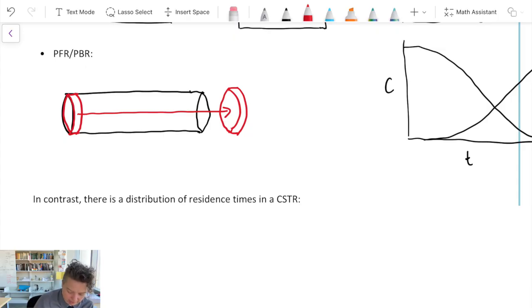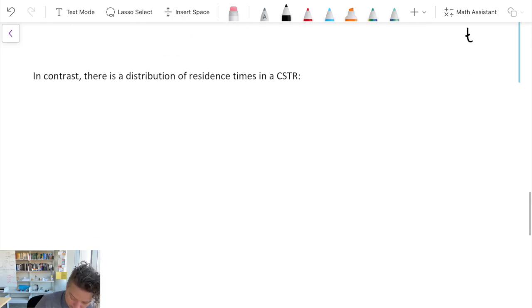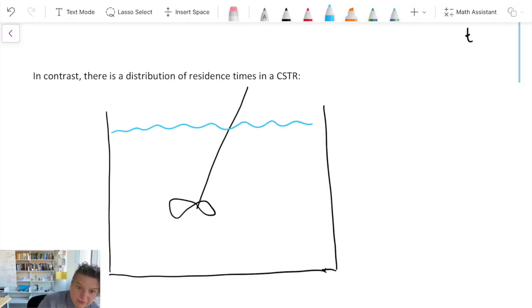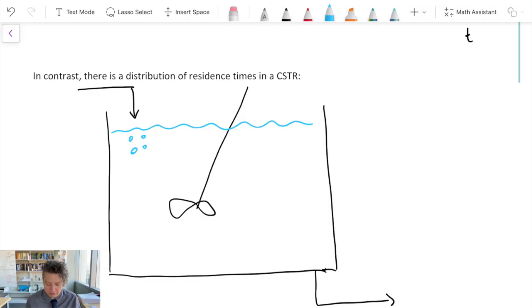In a CSTR, it's different. So my CSTR looks like this. I have a stir. I have some fluid in there. I have stuff coming in and stuff coming out. So I have molecules that come in. These are the molecules that originally come in,